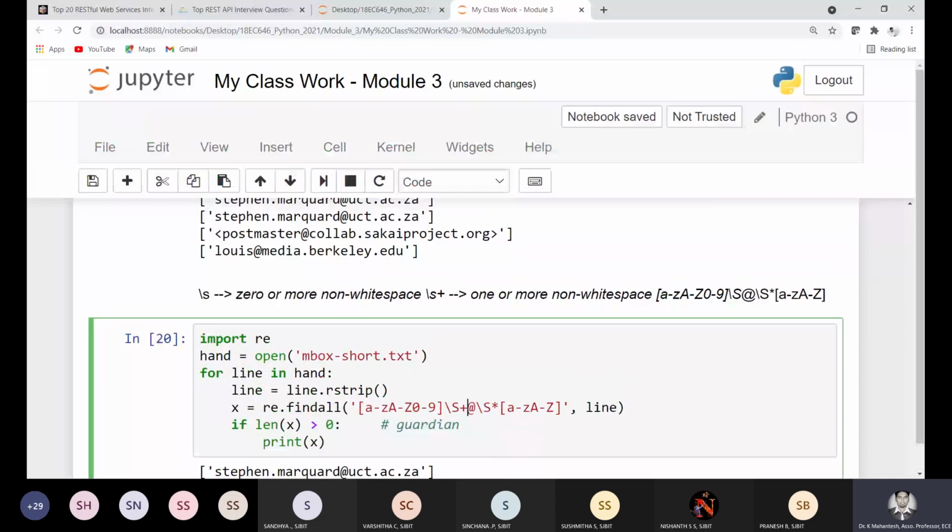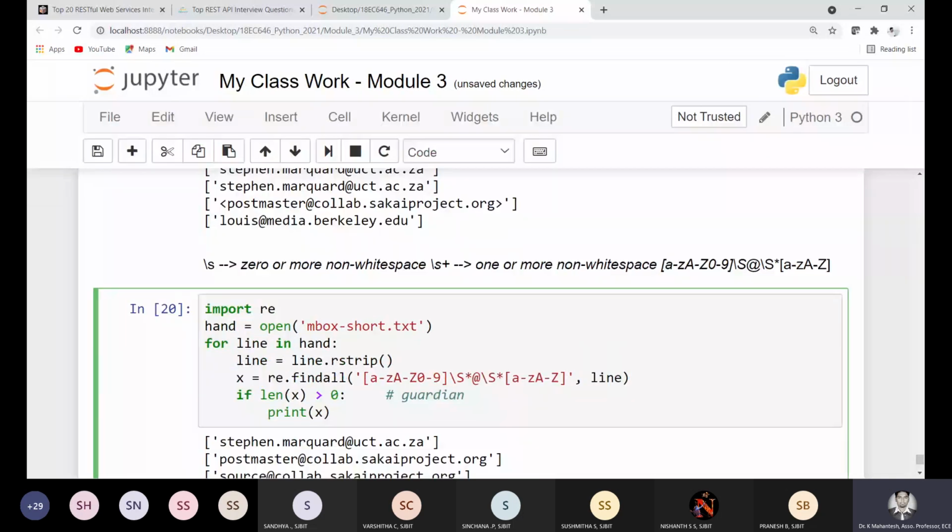But usually what we'll do, you'll use the star operator, mentioning that s star means 0 or more non-white spaces. Why? Because since I've already presumed some acceptable characters before at, there is already one character before at, right? So then I can use star. Star says 0 or more non-white spaces. Now if I run this program, you could see I had tags here in postmaster at collab,